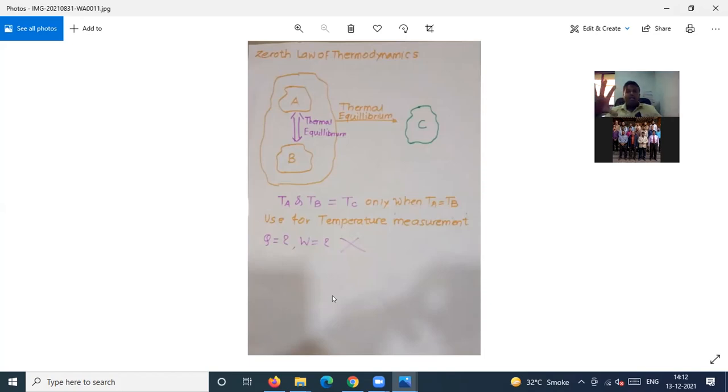If two bodies are in thermodynamic equilibrium with a third body, then the two bodies are also in thermal equilibrium with each other. In simple terms,